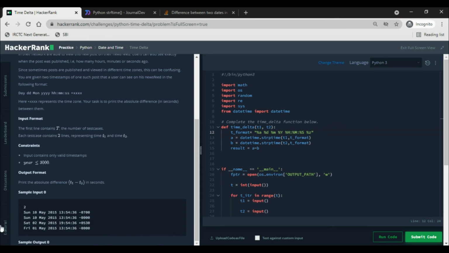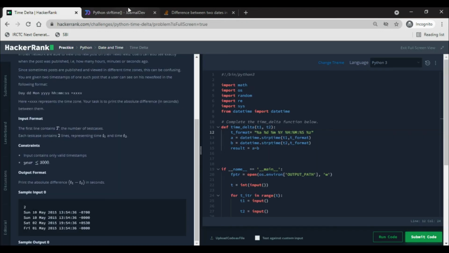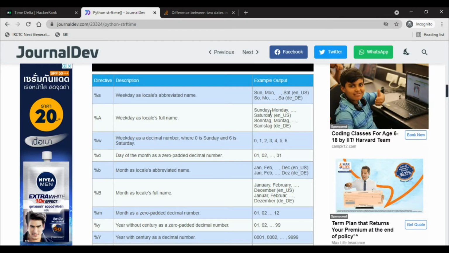Year is, the day is there, date is there, month, year, hour, minute, second, zone, format. Yeah, it should be right. A as local time. Oh, Sun, so it's correct. It's not full Sunday, Monday, Tuesday. Small a is fine.